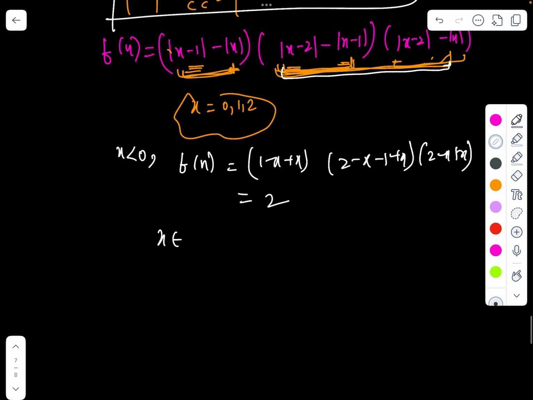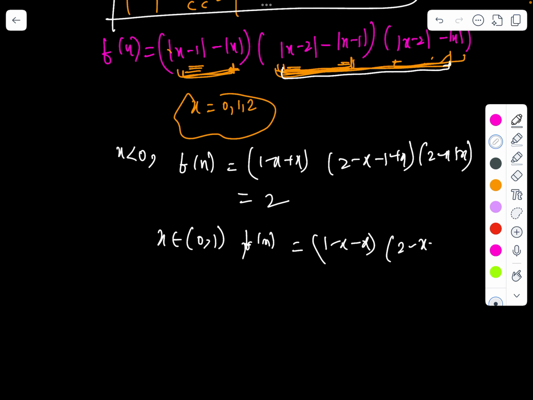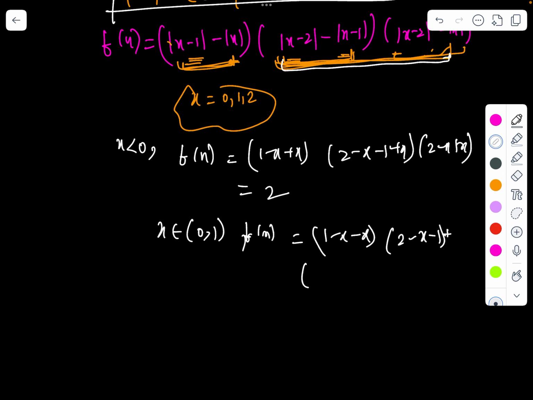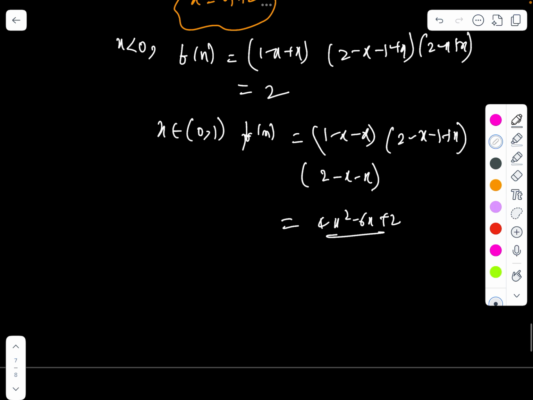And if I assume x to be between 0 to 1, this function will open as 1 minus x minus x. You can see how the bracket works: 2 minus x minus 1 and plus x. And that's also a fun game, because the next bracket will be 2 minus x minus x. That will give 4x square minus 6x plus 2, right? So now you can check the first derivative,